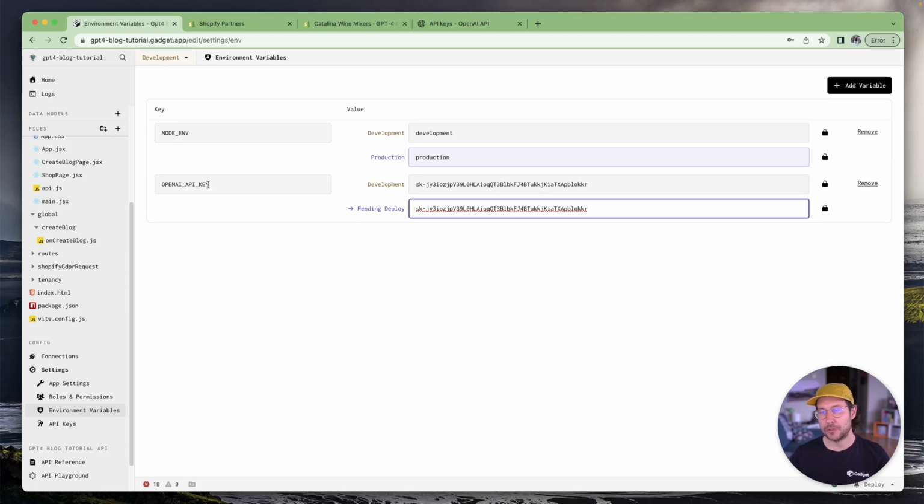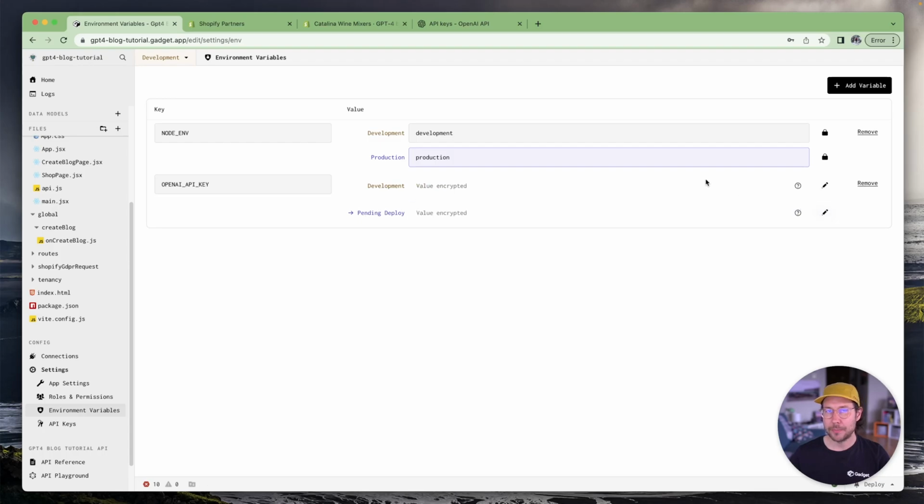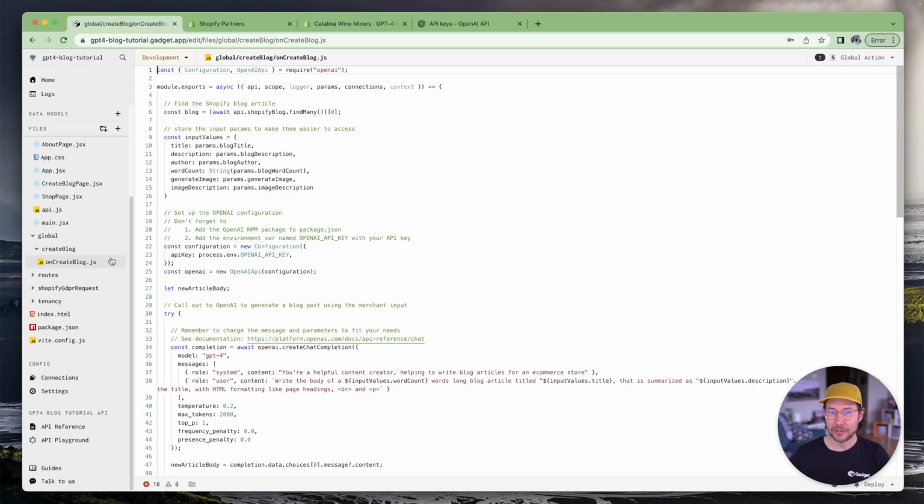I have a bunch of other tutorials that use OpenAI, and one of the most common causes of things not working is that this is not spelled correctly. Once you've pasted these in here, I suggest that you click this little padlock here to encrypt them. And if you want to make sure that you got this correct, go ahead and copy this. You can go back to onCreate blog here, the code file that you created, and you can see that if you search for it, it shows up here,